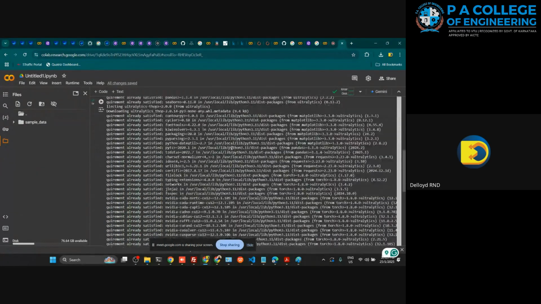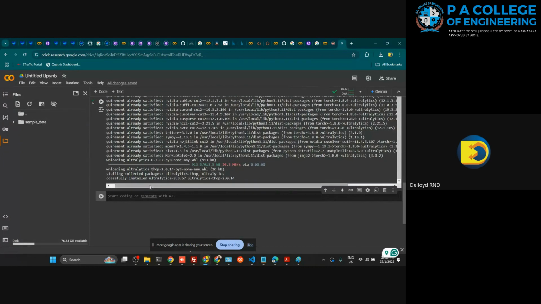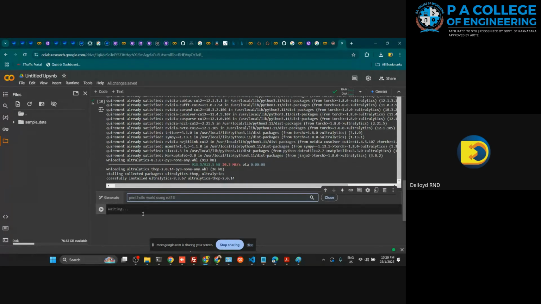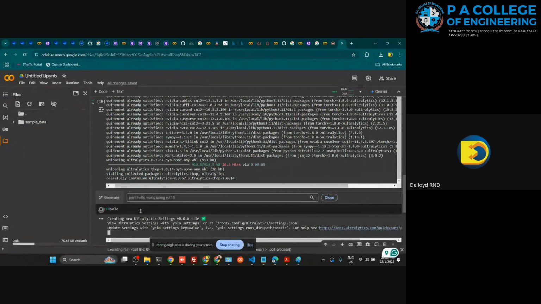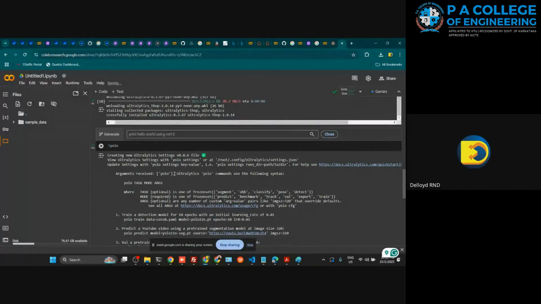Let me complete this package installation. Okay, it's done. Very good. So now if I say yolo, YOLO is available in this system now. But currently I have not given any task to YOLO, so it will show me some help file and some other details. It is telling me that YOLO can be used in the following format. To run the YOLO command,